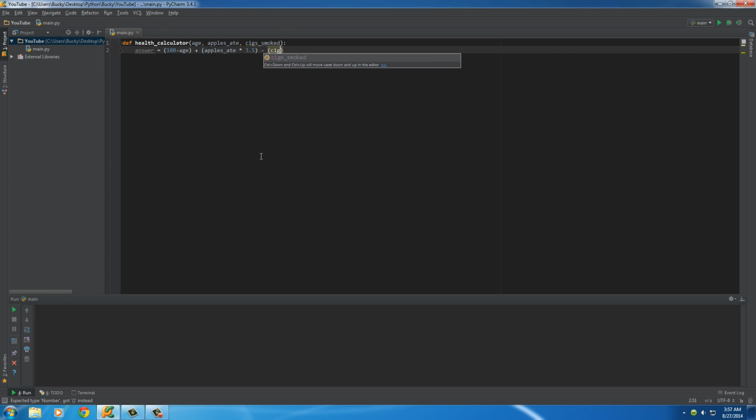And of course, cig smoked multiplied by 2. Alright, so of course, the younger the better, the more apples you ate increases it, and the amount of cigarettes you smoked decreases it. So then we get a final answer,